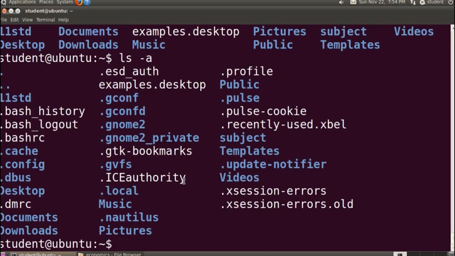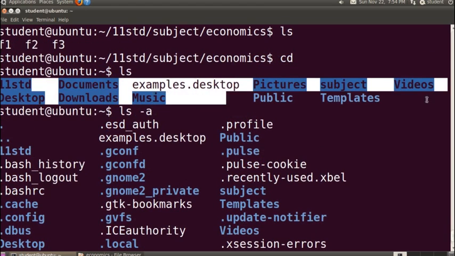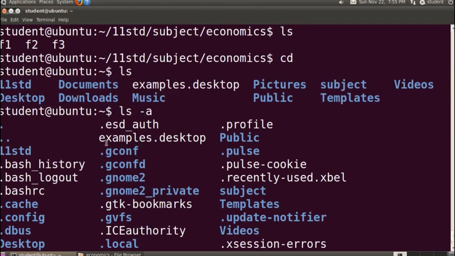You can see here, previously when I typed the ls command in the same folder, it was displaying only this many contents, while when I added ls -a, it displayed a folder named dot and all the other folders starting with a dot. Now the two folders named dot and dot-dot are created automatically.